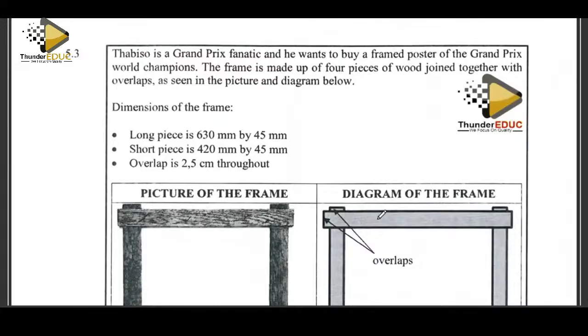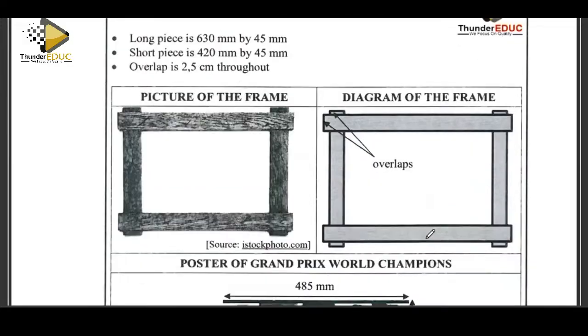Tabiso is a grand prix fanatic and wants to buy a framed poster. The dimensions of the frame are 630 millimeters by 45 millimeters and 420 millimeters by 45 millimeters. Overlap is 2.5 centimeters throughout. Anyway, what are we looking at? The question that we are looking at here is going to be